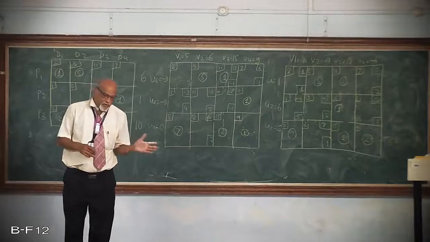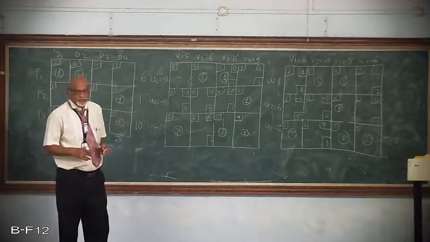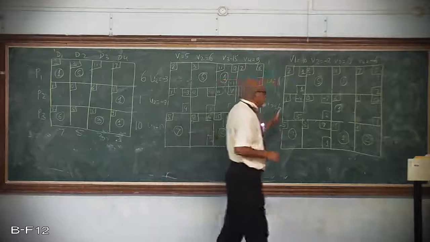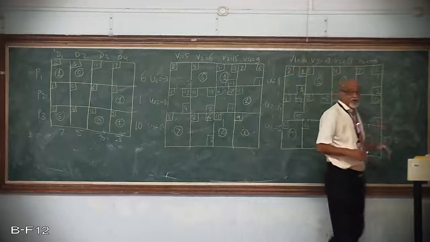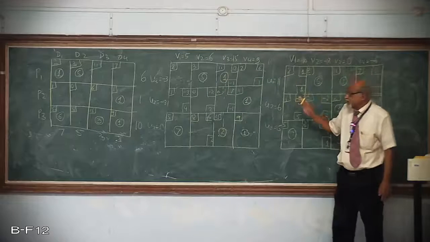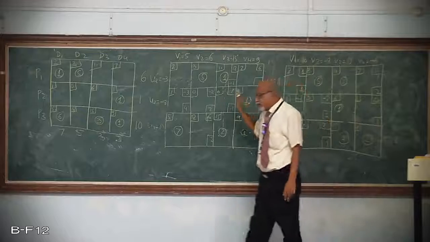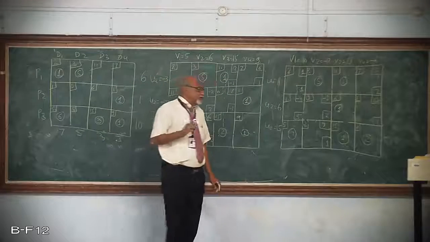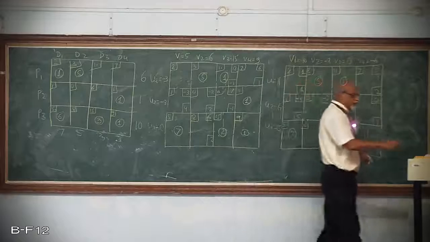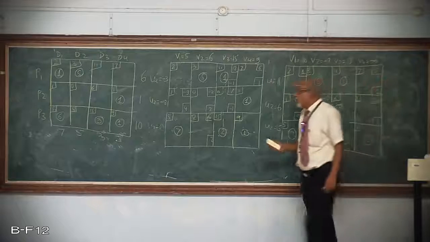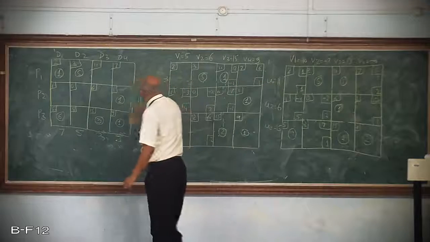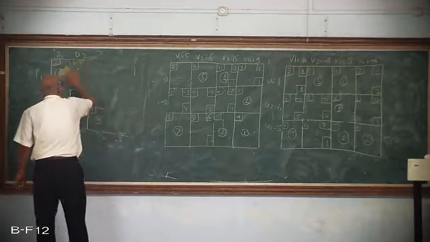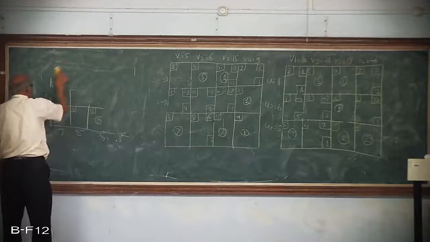One is from and to type of characteristic, here to there, that is what I told you. Again, I don't want to repeat it. And supply and demand, if they are expressed in the same units, then it can be handled by the transportation technique. And if it is to be solved, then how is it to be solved? Let me put it in the form of the flow chart. Because first you need to identify that it is